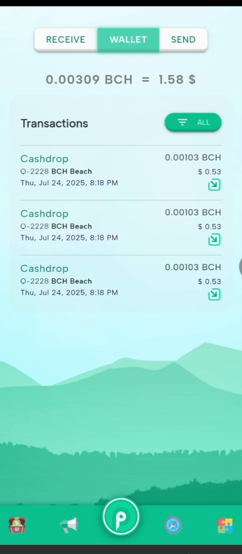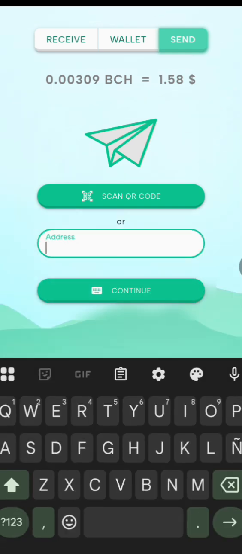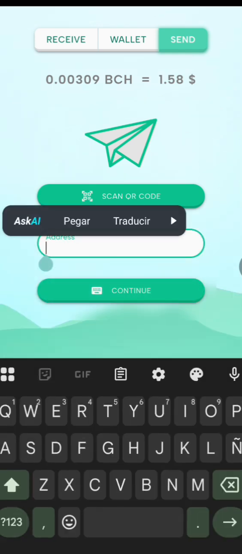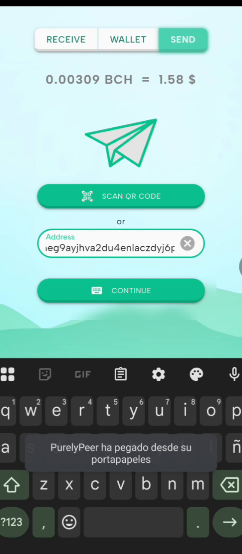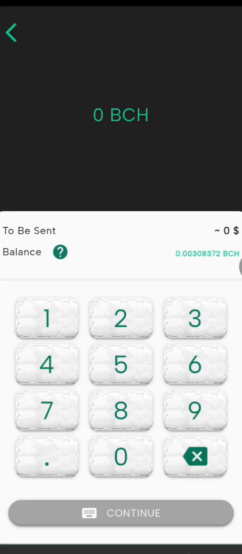Oh. So how can I get it out of this wallet? I want to buy some food at the BCH beach with this money and show you on the next video. Okay, man. So let's get this here. Input address. Okay, man. I'm so excited. Free money, free BCH. So I have already my Cashonize address here in the clipboard,